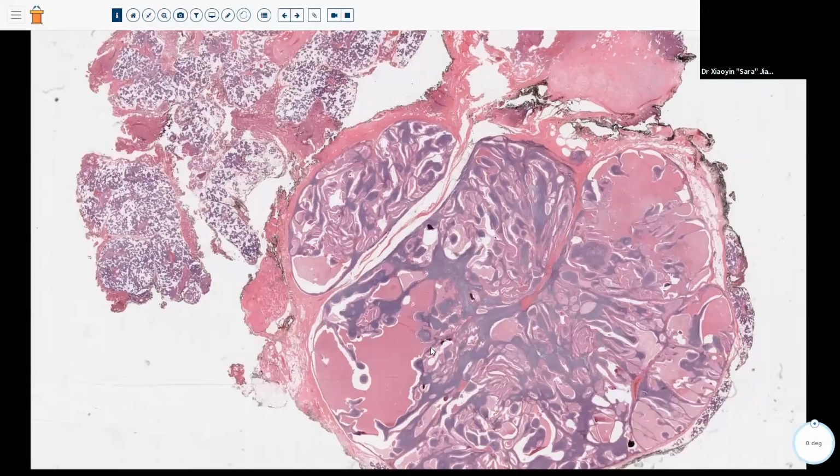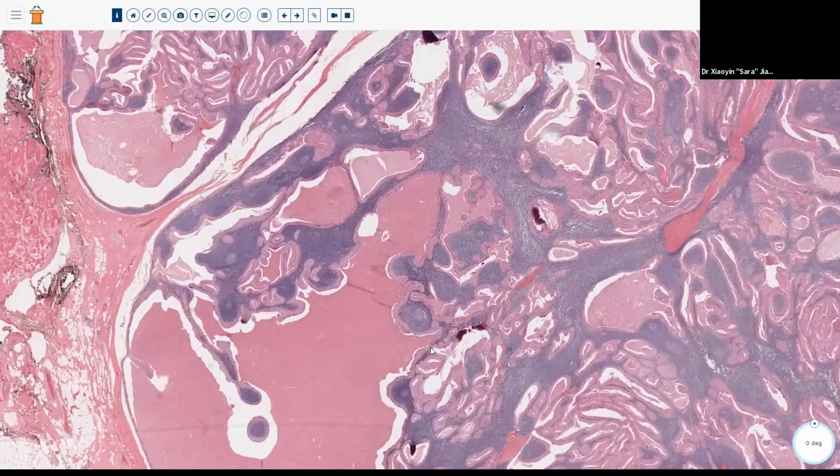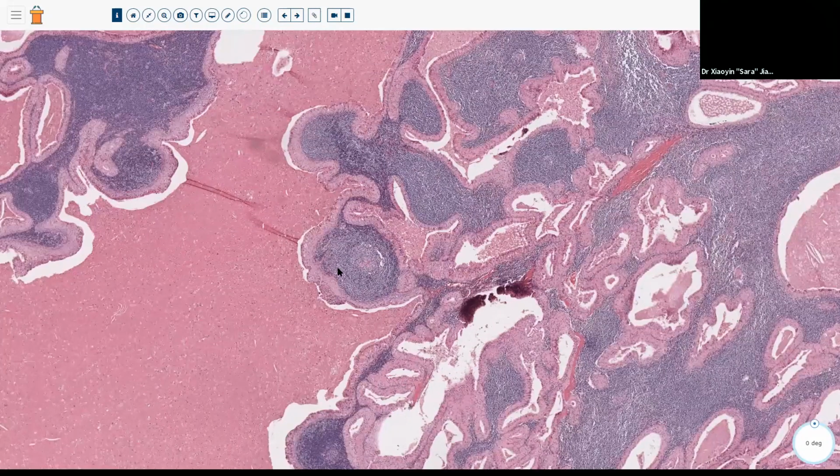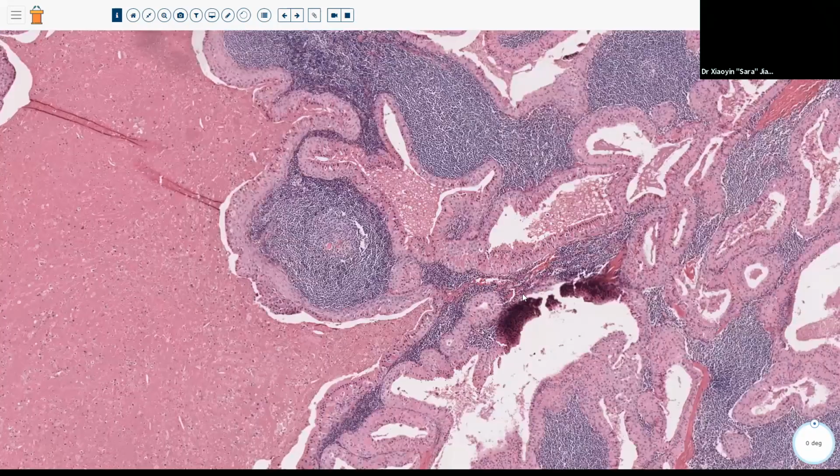So on closer inspection, we can take a closer look and confirm what we already knew from low power, which is that this is a Warthin tumor. So we have these lymphoid areas with germinal centers arranged in these papillae, and the papillae are lined with oncocytic epithelium. And we have some cystic areas as well. So taking a closer look at this oncocytic epithelium,